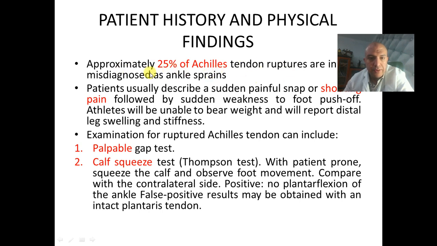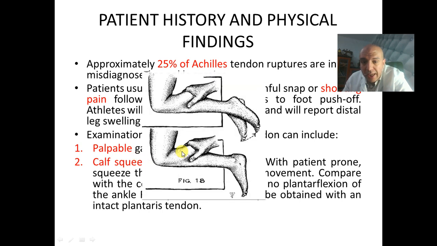As I informed you, about 25% of Achilles ruptures are missed as ankle sprain. Usually he tells you that during sports he felt a painful or shooting pain. He can't bear weight because of the pain. When you examine him, you feel a palpable gap, and when you do a calf squeeze test,